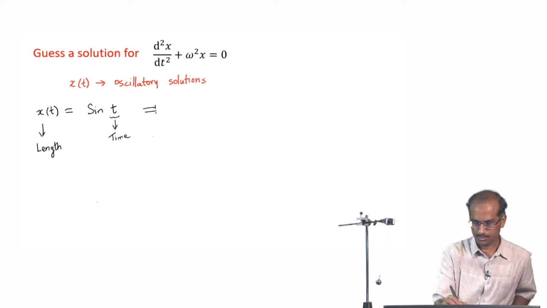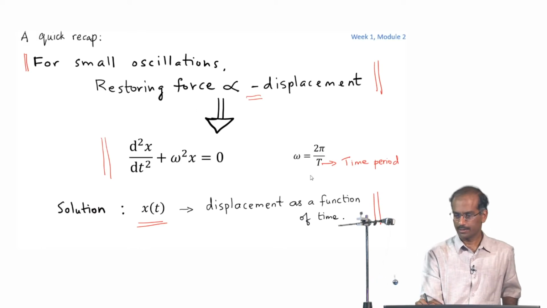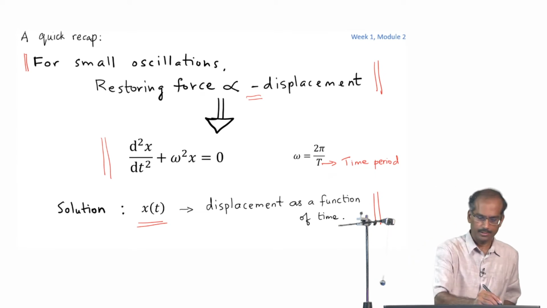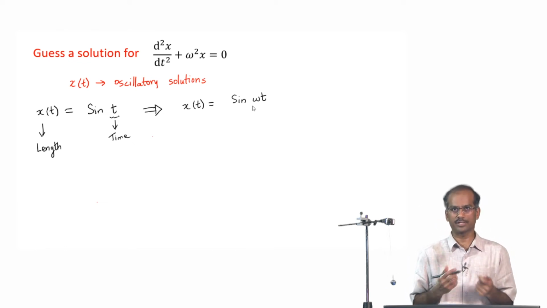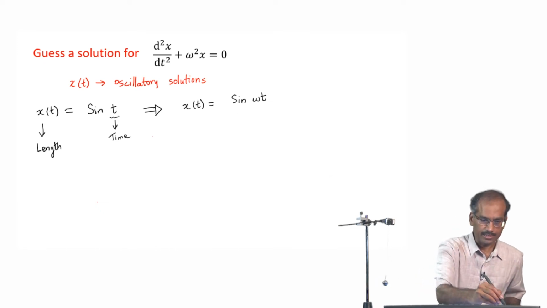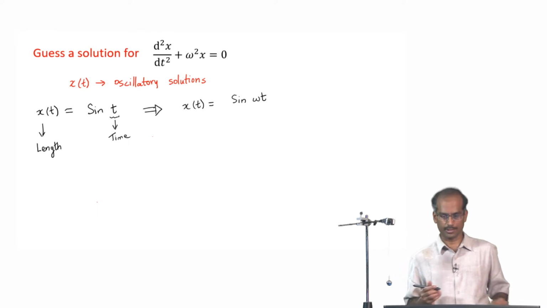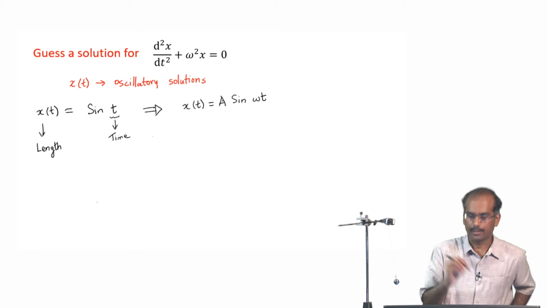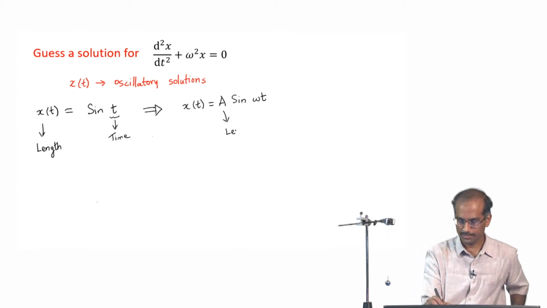So, one possible way to correct it is to make a small adjustment here. So, let me say that my x of t is sin omega t, and from what we had seen earlier, omega is simply 2 pi divided by T, and this has dimensions of inverse time. So, when I put in omega here, the time and inverse time would cancel one another out. So, this will essentially be a number, and in that case again there is a dimension mismatch, because on the left hand side x has dimensions of length, but on the right hand side you have something that is dimensionless, but that can be easily fixed by adding this A here, and A we can guess from what we have written down should have dimensions of length, and for our purposes that is simply the amplitude